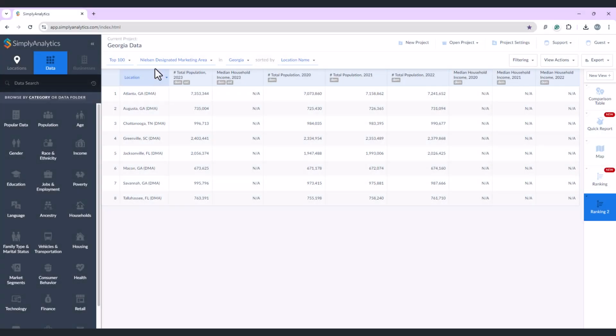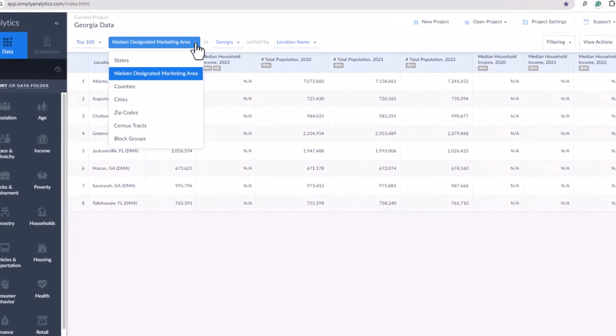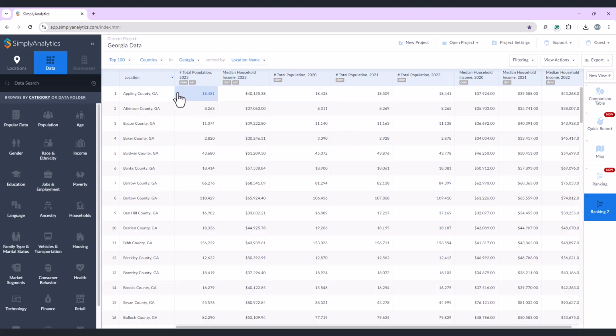In the generated table, you will see cities listed in the location column. But we are looking for counties, specifically all the counties in the state of Georgia. From the drop-down menu, select Counties. You will see the top 100 counties by default. But Georgia has 159 counties, so click on the list and select 1,000 so that we're sure to include all 159 Georgia counties. Your table should now list all counties in the state of Georgia with population and median income